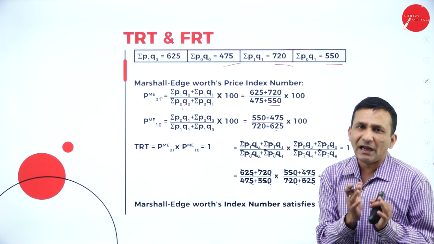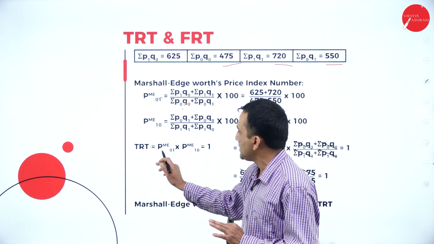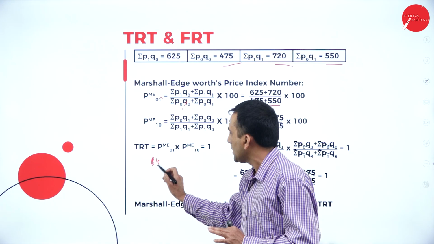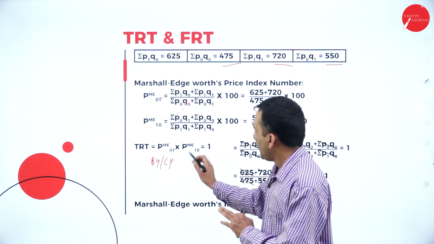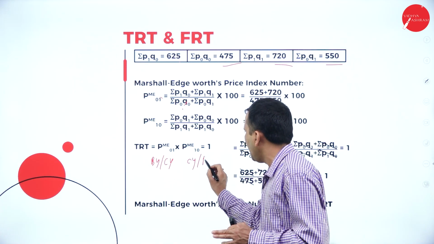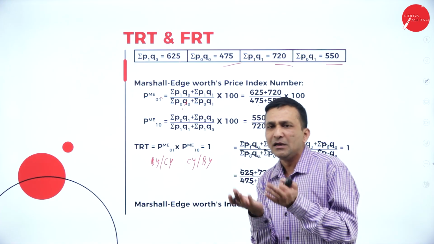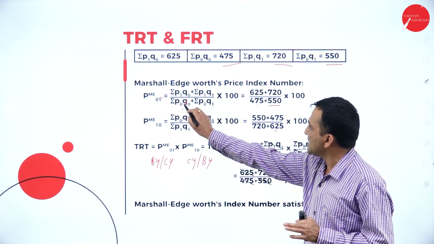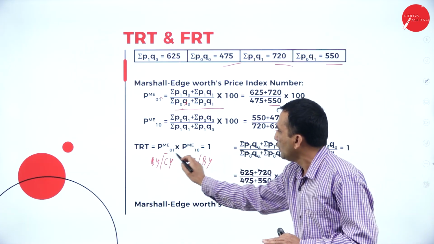Okay, according to time reversal, what we are trying to do is multiply: TRT is equal to the price index of Marshall-Edgeworth. We consider base year and current year. In this case, the base year and current year. But at the time of reversal, we took current year and base year. Okay, reverse the complete thing: base year, current year, then we write base year. What we are doing, we are clubbing them together. So as it is, whatever is given, I have written, and one more time, because according to the condition